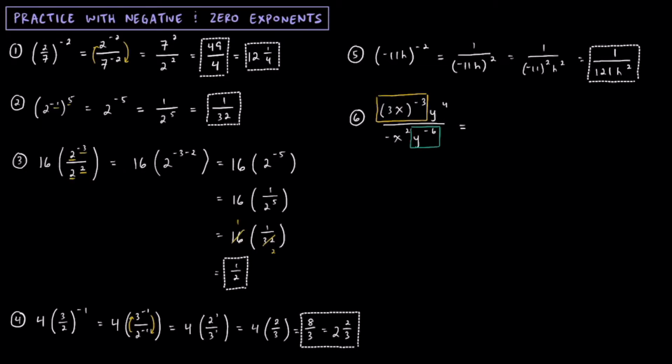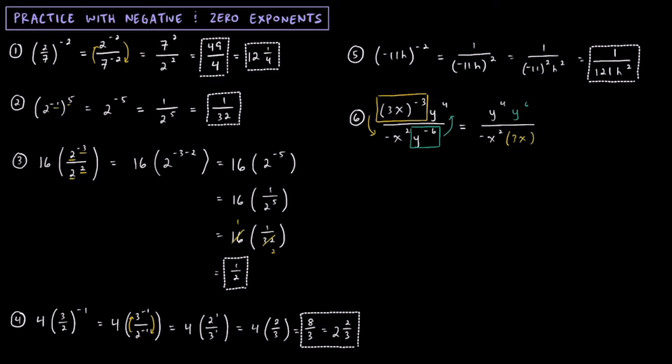In the numerator, we're going to have this y to the 4th power. That's going to stay the same since it doesn't have a negative exponent. But when we move this y to the negative 6 up, that's going to become y to the positive 6th power. Now, for the bottom, keep in mind that we still had this negative x squared that we didn't touch. That stays down there. It has a positive exponent, so we don't have to do anything with that. And then moving this whole thing down, what we get is we are going to multiply this whole thing by this